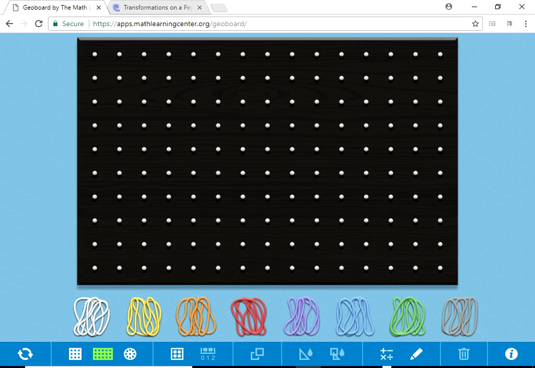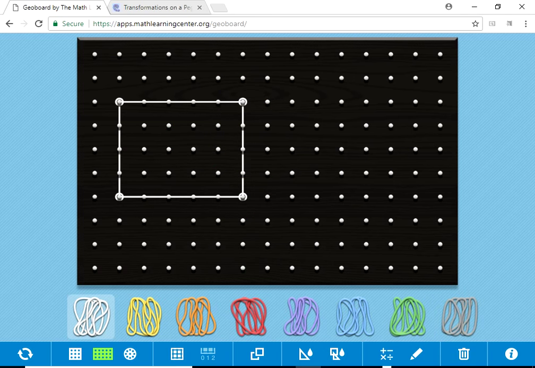Now, first, we're going to create a rectangle, 4 by 5. So we're going to take the white rubber band, and then we're going to stretch this to 4. Got 4 spaces, 1, 2, 3, 4. And then we're going to stretch the other side to have 5 spaces. So 1, 2, 3, 4, 5. So here,